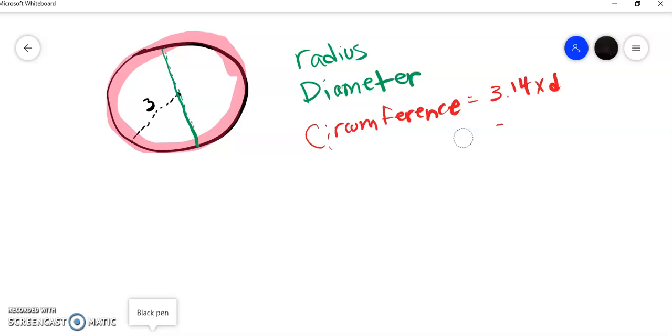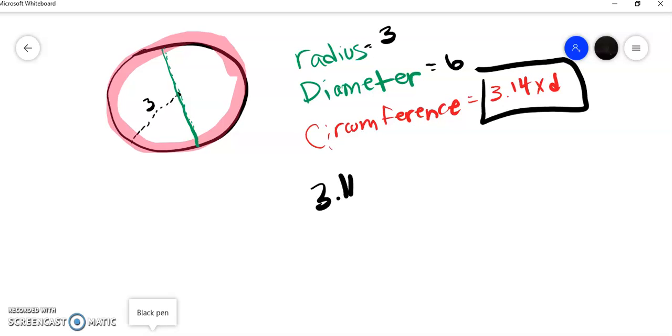So, we need to find our diameter. If our radius is 3, the diameter is twice the radius, or twice as long as the radius, so the diameter would be 6. So now we can use our formula, which is right here,